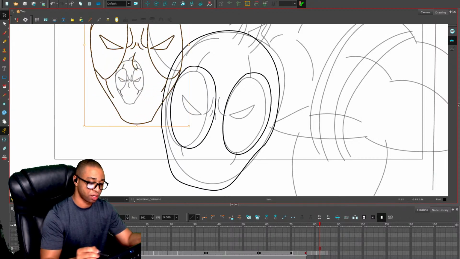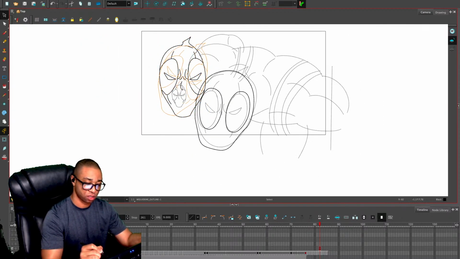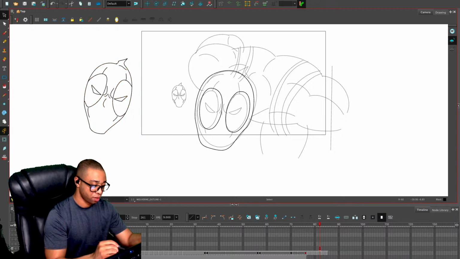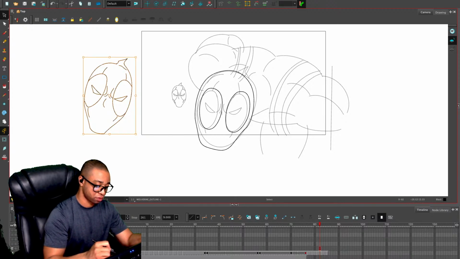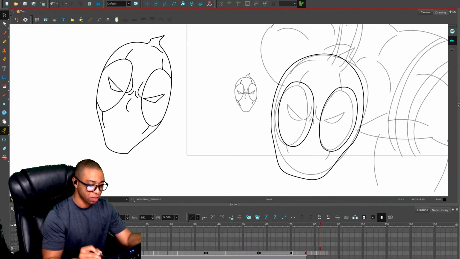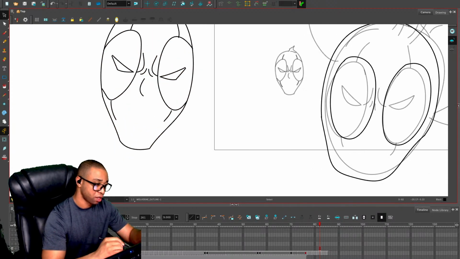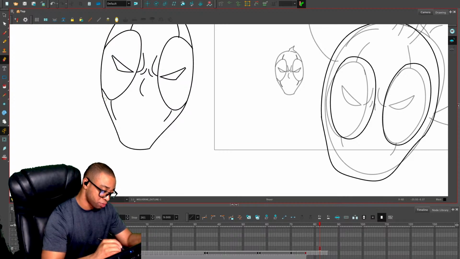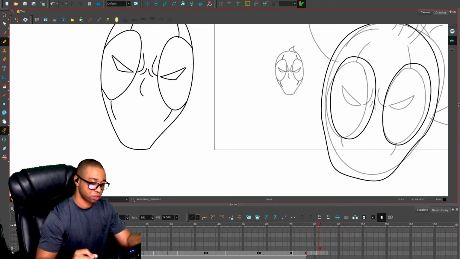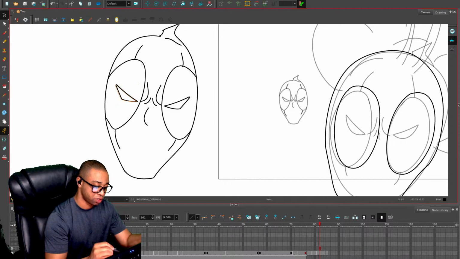Actually, let's see if we can just copy this. If we can just steal this thing. Maybe tweak it a little bit. Also, there's definitely a lot of problem solving that goes with this too. And all we got to do really is just fix this part of his face, because it's going to be less of a front profile and more of a side profile. So all of this can kind of shift over a little bit. Like that.